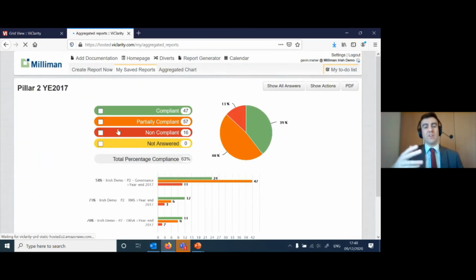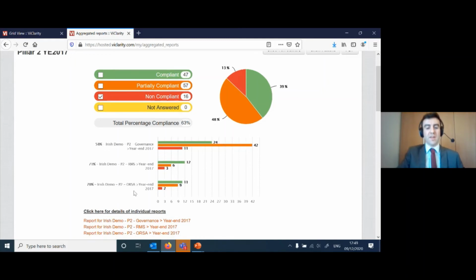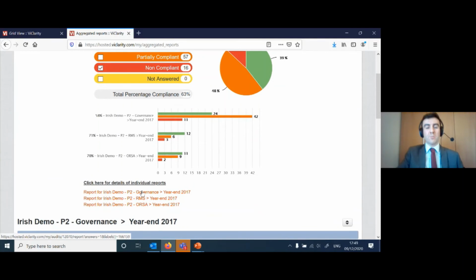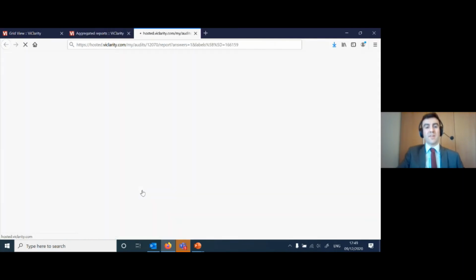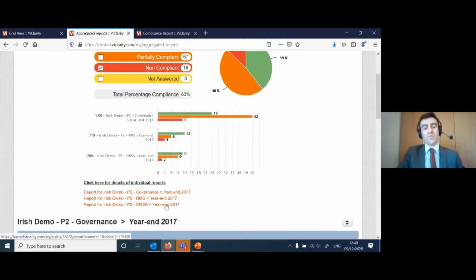So we saw that quick view for just the governance section, but that kind of step-by-step shows how you can add things together. And it shows the same breakdown that we saw before, same option to put it to a PDF. And then the bar chart here breaks down the separate sections. So governance, risk management systems, and ORSA are all there in different sections. And then these links here bring us to the report just on a single module level. So if we wanted to go back to what we just had on governance, that link is there, and it also creates the links for the other items as well.